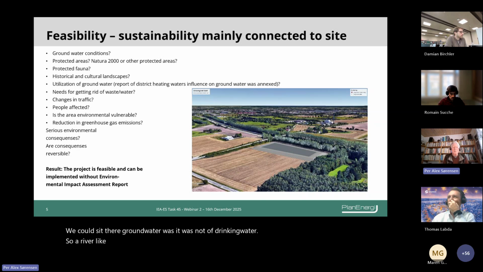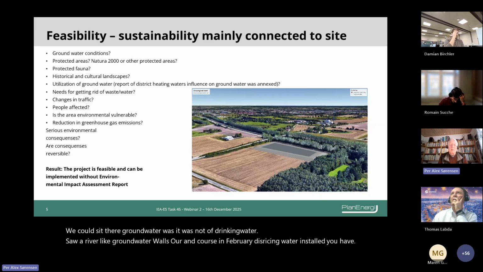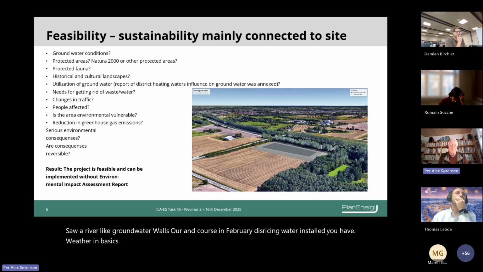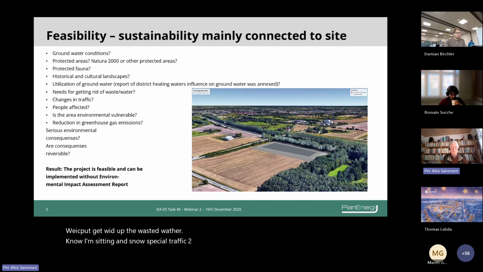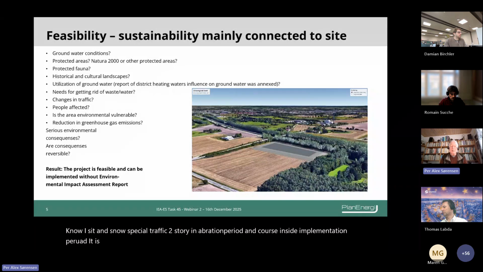of course, if you use district heating water in the storage, you have a very basic water which can influence the groundwater, but in this case it was the same as for district heating water, so it was accepted. We could get rid of the waste water, and in traffic there's no special traffic to a storage in the operation period. Of course, in the implementation period there might be traffic, but here we are just beside a highway, so